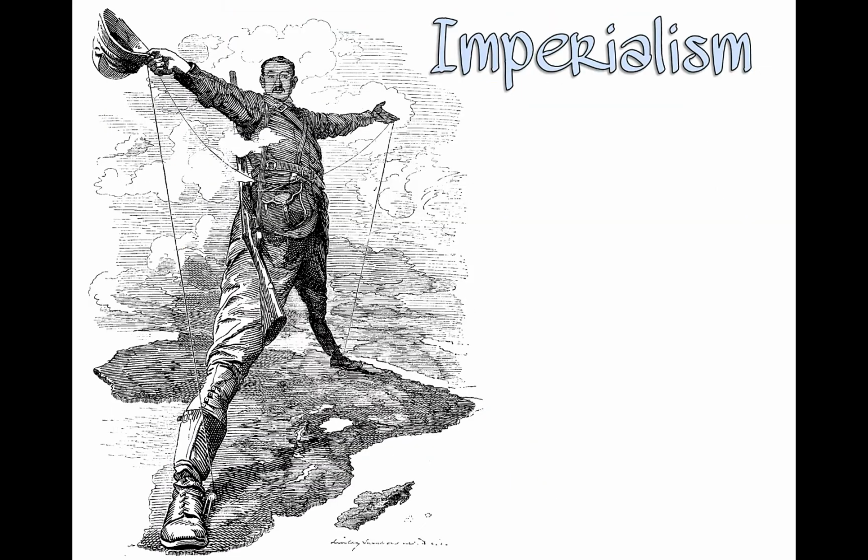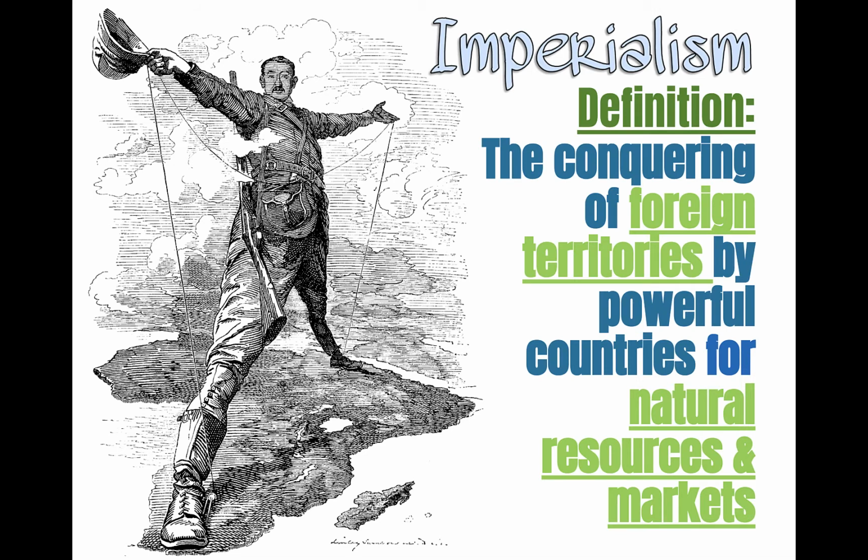So first we have to define imperialism. So what is it? Well, this is the conquering of foreign territories by powerful countries for natural resources and markets. So, in other words, really, if you want to think about it and put it into a modern day context, all right,